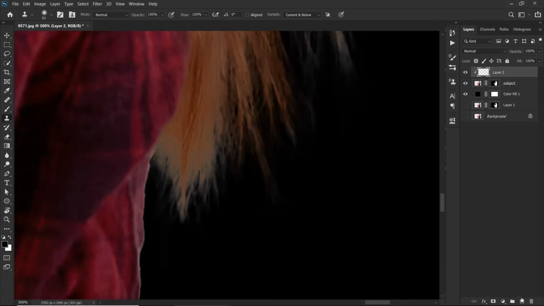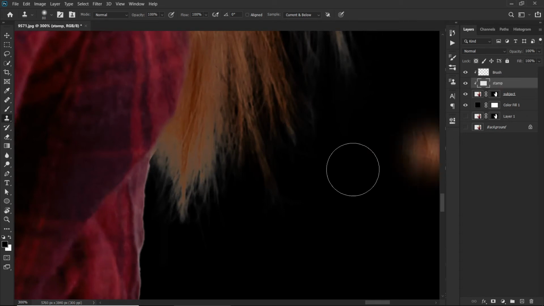Now see, this outside area, what we are going to do to fix this outside area, let me just quickly create a new layer, and let me just again clip this to my existing subject layer, and I'm going to rename it as brush. Okay, we are going to brush on this layer, and Control Alt G to clip. The previous layer we rename as stamp. So yeah, that's great.